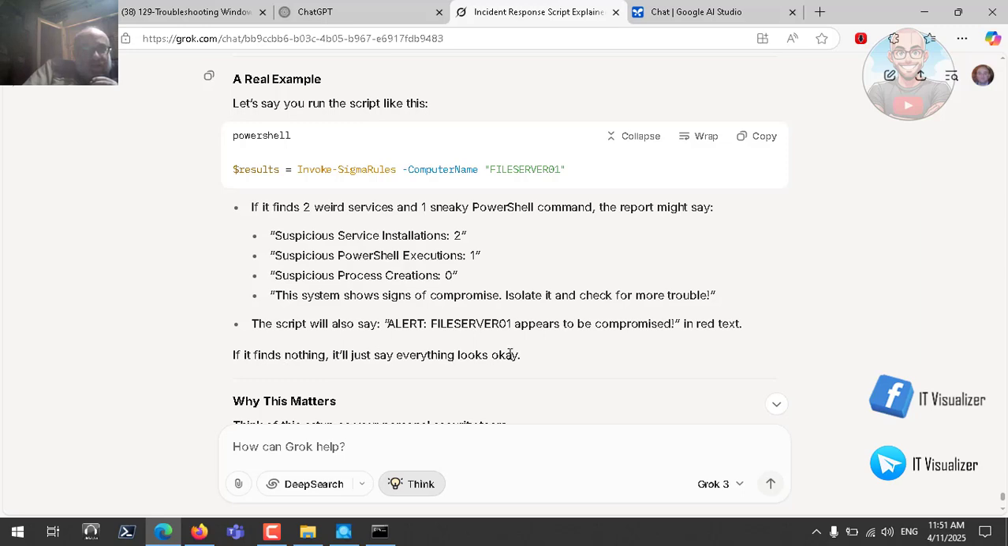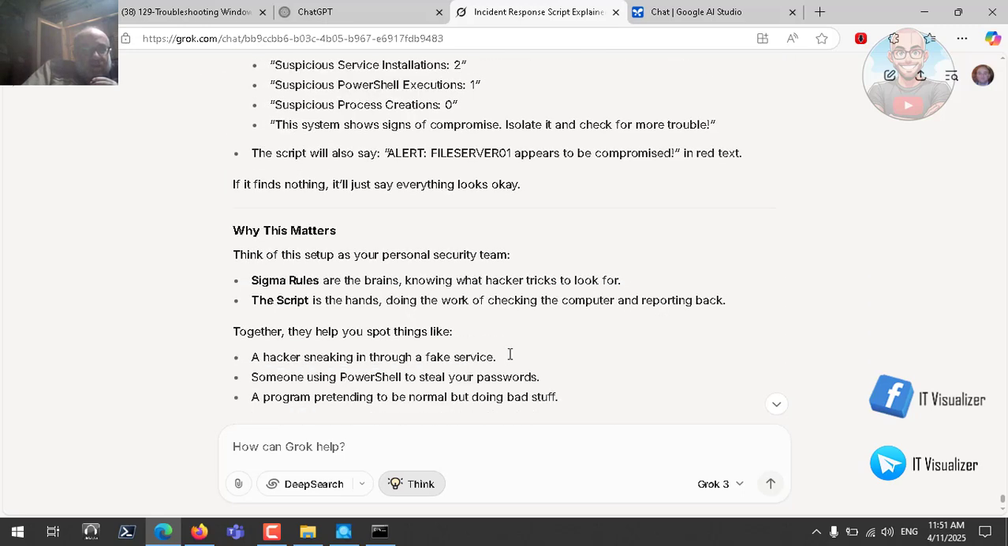Why does it matter? Think of it as your personal security guard. Sigma rules are the brains, knowing what hacker tricks to look for. The script is the hands doing the work, checking the computers and reporting back. So these are the rules, and the script applies these rules. Together they spot something like a hacker sneaking in through a fake service, something using PowerShell to steal your passwords, a program pretending to be normal but doing